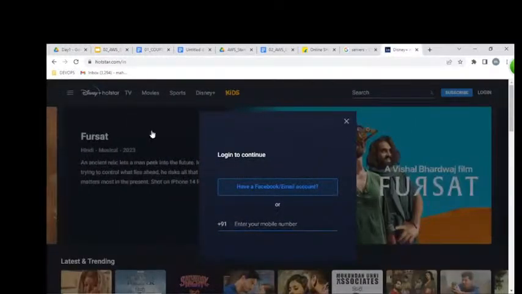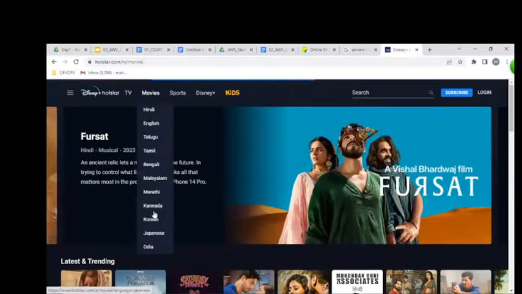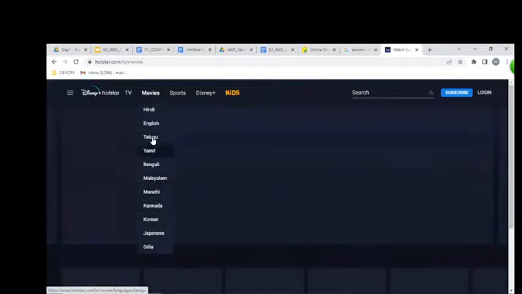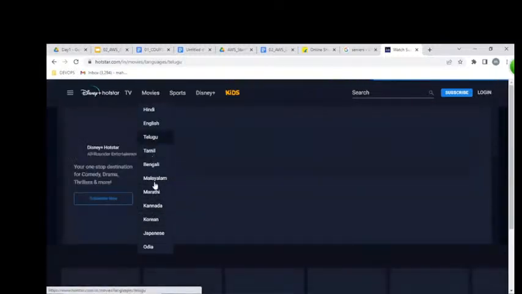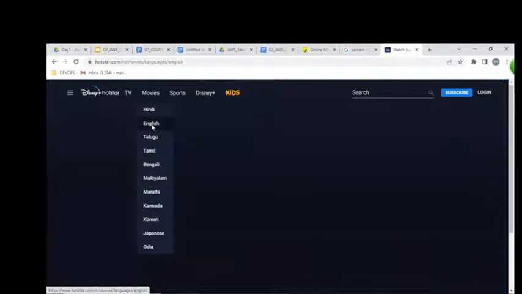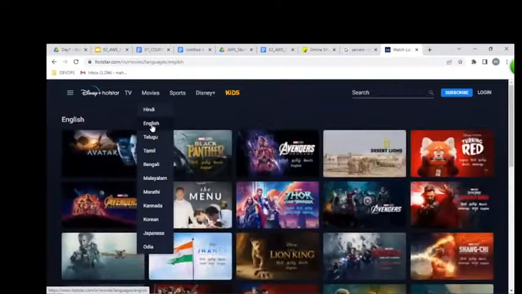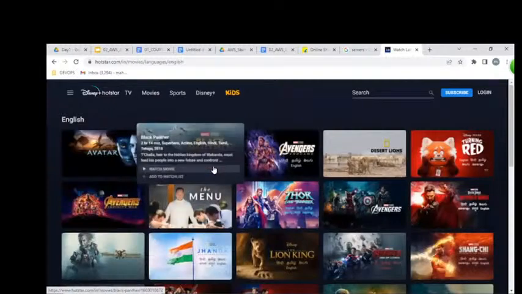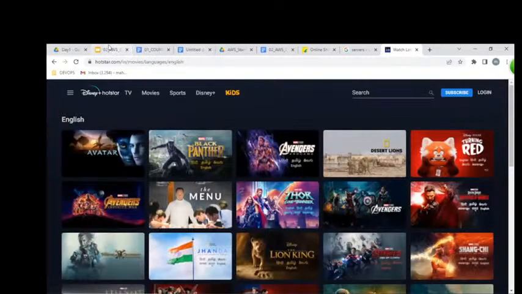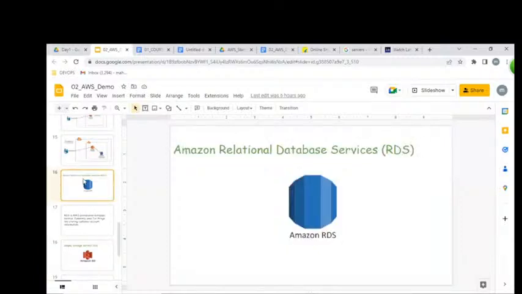By using this RDS, are we going to maintain our larger videos, like web series, Blu-ray printed Hollywood movies? We are watching them in Hotstar or not. Yes. But if it is Blu-ray printed, what is the size of these files? More than 3 GB. So can we hold these 3 GB files in RDS databases? No, we can't. That is the reason.